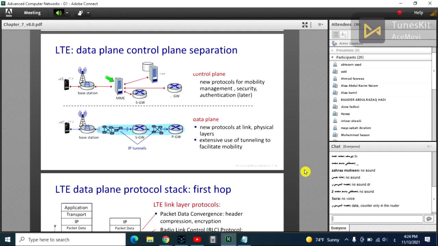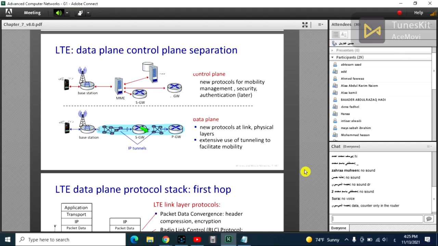My connection is redirected toward the MME and then the HSS service. And in the HSS service, they said that, okay, this call should be blocked. This happened in the control plane. But in the data plane, we are looking for a path to our destination to send information. We should create a tunnel